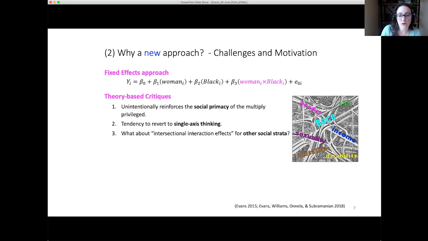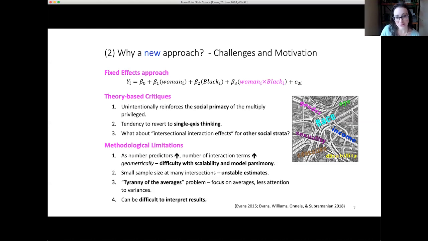But in theory, what we are interested in with interaction effects, to my mind, is departures from expectation. Here, it's set up as departures from white men. What we're interested in really is departures from typical patterns and expectation. So could we do that a little bit better? We also run into some big methods limitations here.